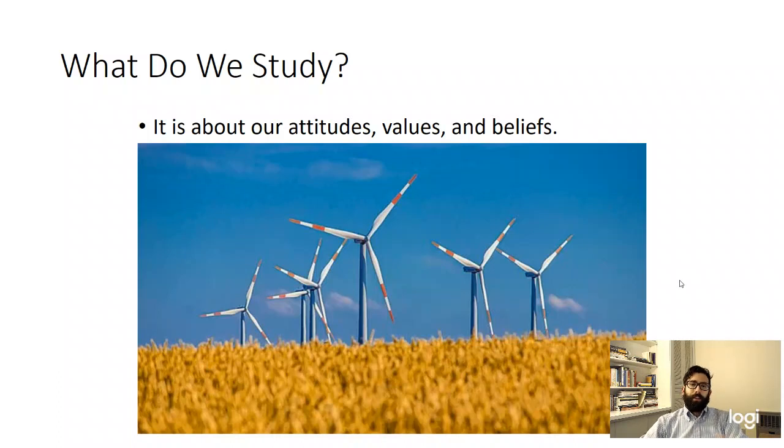And so the last one before we move on, it's also about attitudes, values, and beliefs, which I sort of alluded to on that last slide. It's the idea that we all have our thoughts about, say, renewable energy. And so some people might say, this is great, sounds great, looks great, does a lot of good. There are others, though, who say these interrupt migration patterns of birds and bats and other animals. And so these actually cause issues. Different attitudes. Maybe what you value. Do you value clean energy, or do you value animals or a nice view across the horizon?